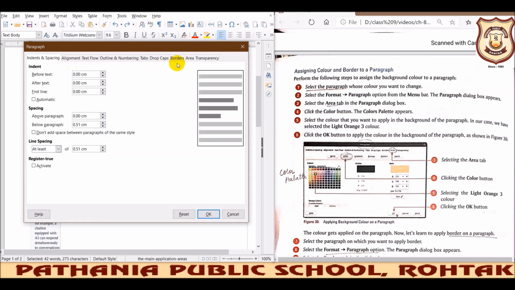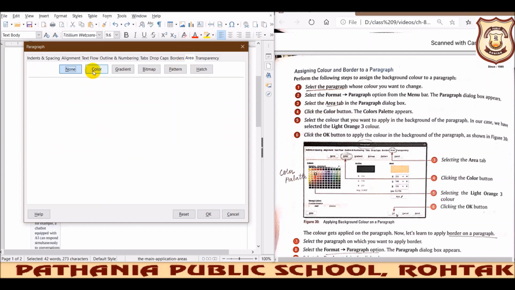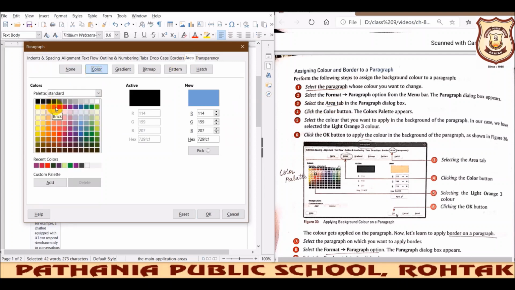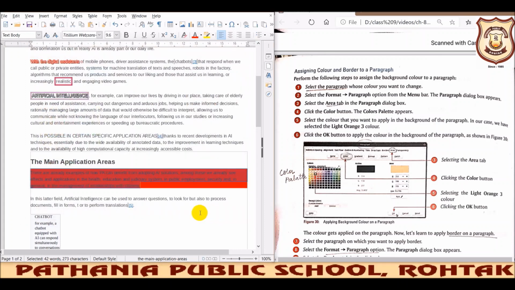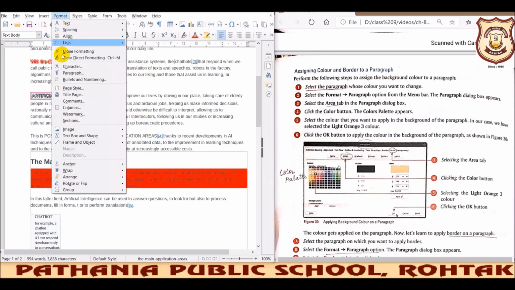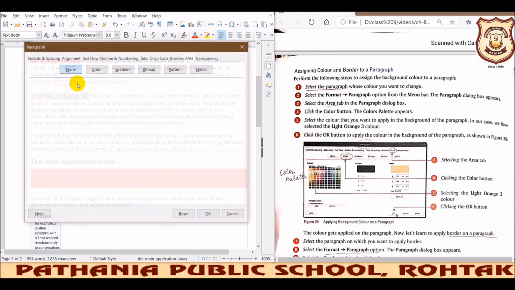Okay, and here in border area, if you want to implement color, so color is also available in the area tab. Okay, this area tab we need to select, and color option is there. So whatever color you feel you need to implement will be implemented to that paragraph. Although it is very bright, I must not use it, but that was just for an example.